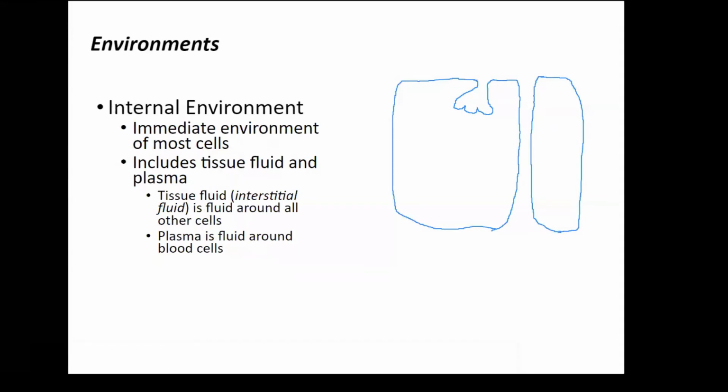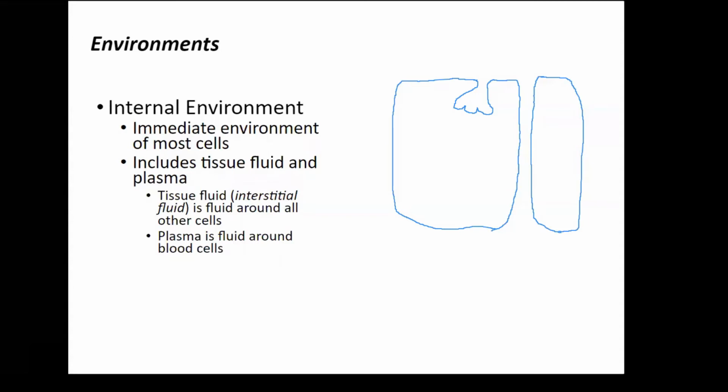The internal environment is going to be what most of the cells in your body are touching. There is going to be fluid inside your body. Your body is at least 60% water, basically. There's fluid surrounding your tissues, and there's a lot of fluid in your blood. There's also fluid in your bladder, and related to your GI tract, that's really going to be one of the first places that fluid goes, but it gets into the rest of the body. When we're thinking about fluid inside the body, that's really our internal environment.